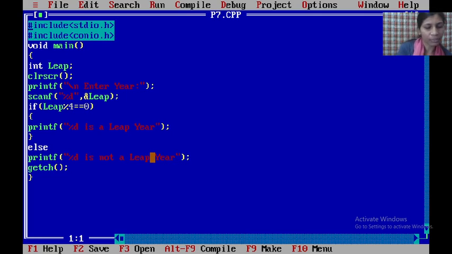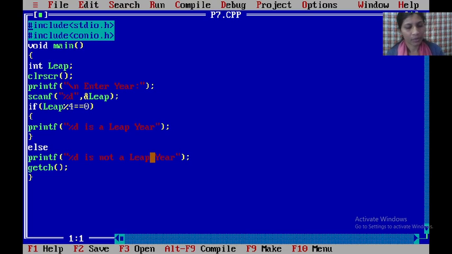If you want to compile this program on a computer or laptop, press the Alt C key for compilation and Alt R to run the program. If you are executing this program on mobile, at the bottom of your mobile screen there is a compile and run option. Just click on compile if you want to compile. If you want to run, just click on run.